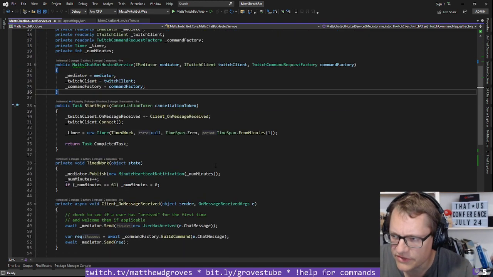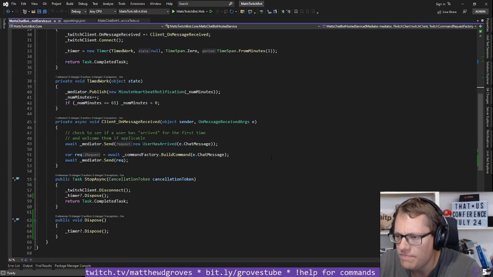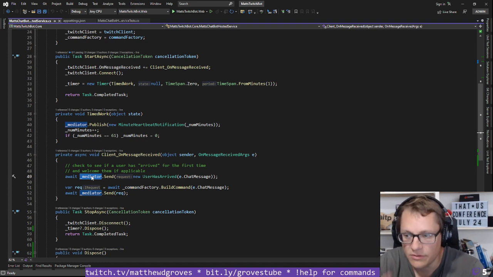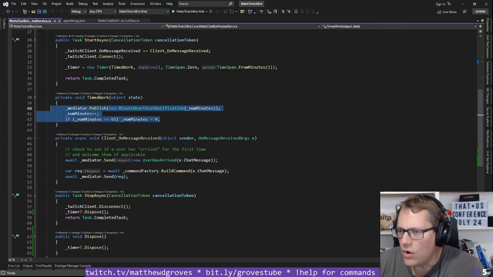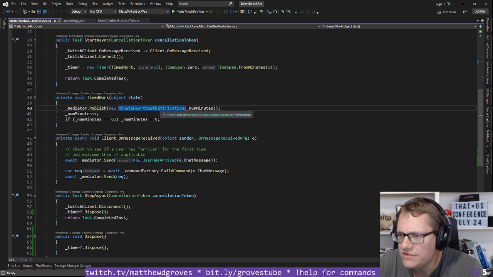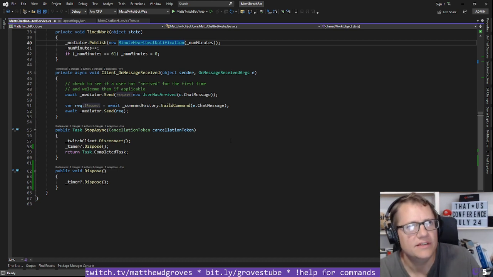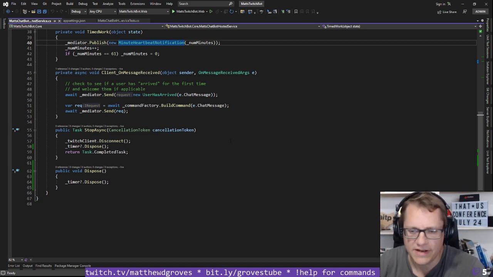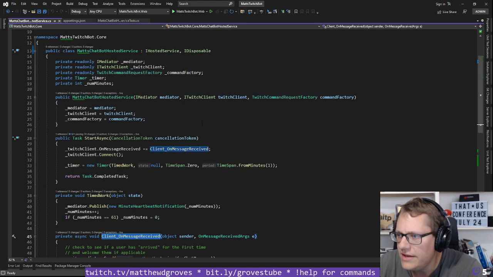Okay, so this is a hosted service. It's going to run kind of like a background service in ASP.NET, waiting for messages to arrive. This is an IHostedService. When a message arrives, it's going to send off some work to something called Mediator, which I don't have to get into all the details of. But you can see it's got a timer type of thing. So every hour, it publishes a message to Mediator, which is a heartbeat, which can trigger different things to happen every hour or so. I think this is what I use to show social media, like, hey, follow me on Twitter, at the top of the screen every so often, something like that. But this also is set up to receive messages,